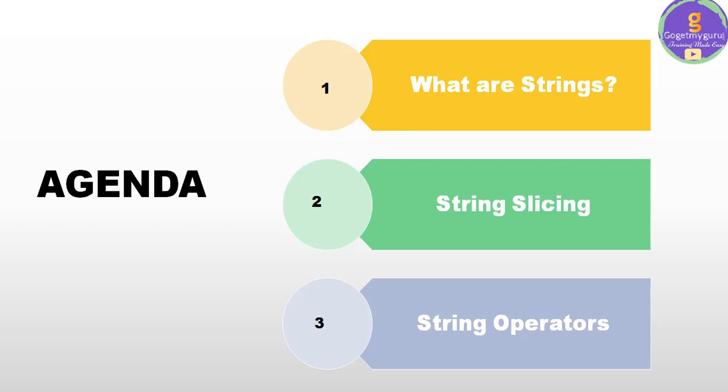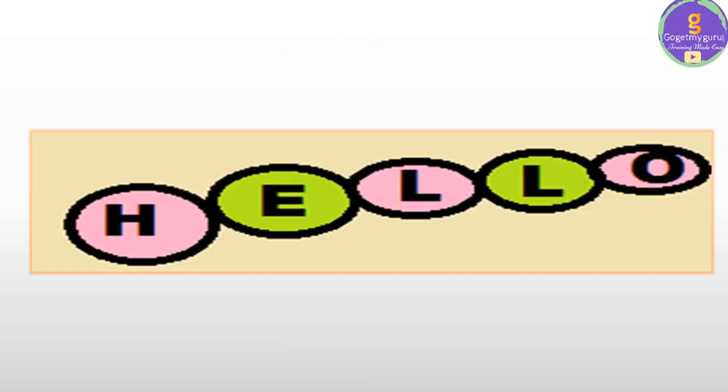Okay, let's start. So what is a string? In simple words, a string is a sequence of characters, and in Python, a string is an array of bytes representing Unicode characters. In Python, we do not have a data type called character. We have only a single data type, that is string. So even a single character, suppose h is a single character, is also treated as a string with length 1.